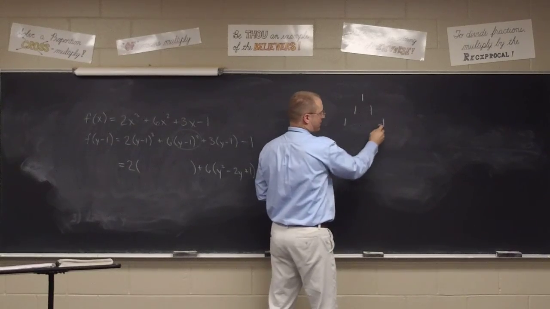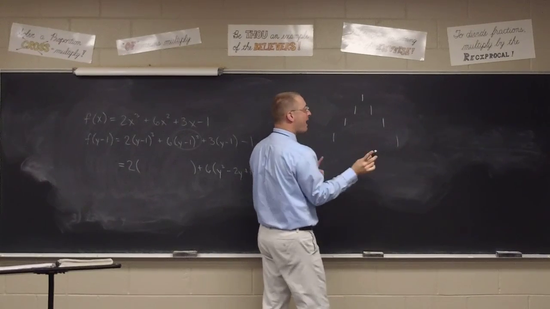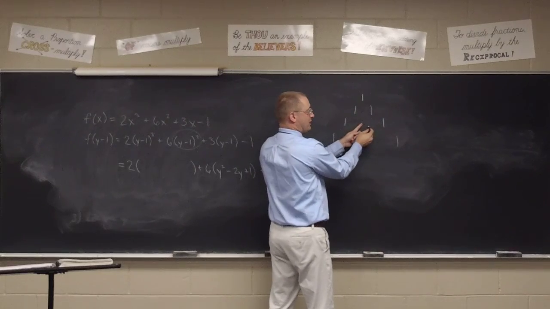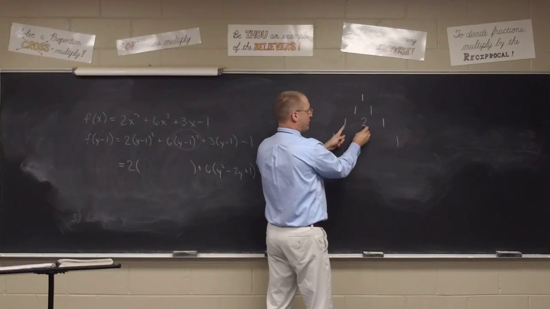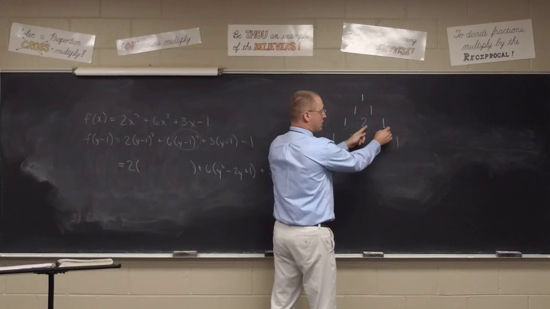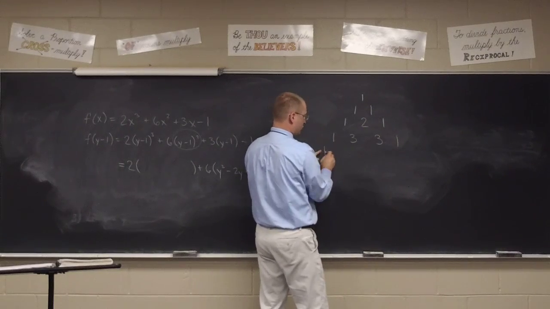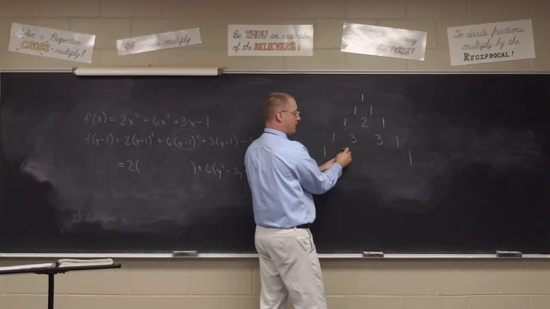Remember, Pascal's triangle started at the top with a 1, and then it went to 2 1s, and then we had ones on the outside and more ones on the outside, but in the middle, I would add these two digits to get a 2. And then add these two digits to get a 3. And I put ones on the ends and I'd add these two to get a 4,